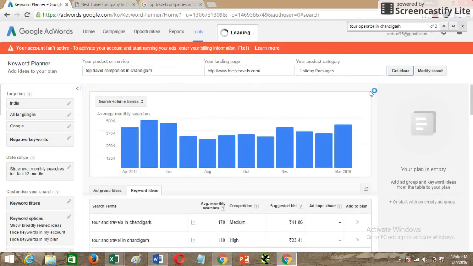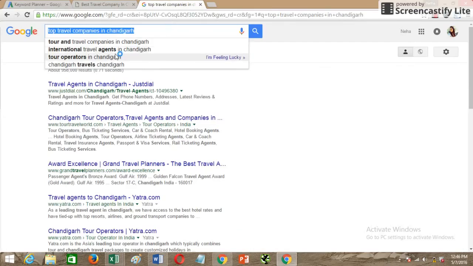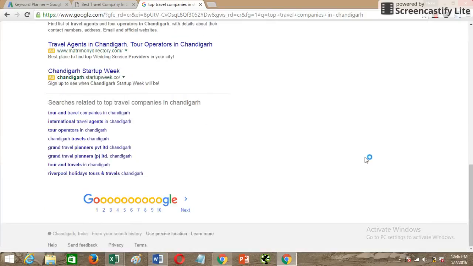I'm taking just one example to explain. Though Google is showing this as a suggestion, because people might be searching for it, the amount of searches is so low that Google AdWords is not giving any data about it. I believe the rest of the keywords we have already taken. These are a few suggestions you might find related to your industry, so don't forget to search these keywords also. If you find they are relevant, do include them in your keyword strategy or keyword list.